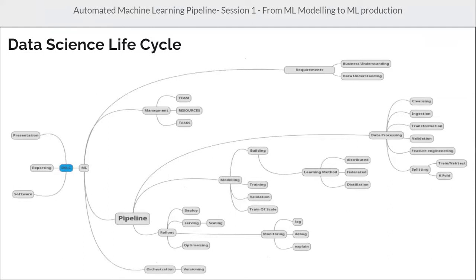Here, the data science lifecycle, which is managing any data science experiment. As we discussed in the first session, we are expecting to have reporting or presentation or another software piece of code or procedure or machine learning model.